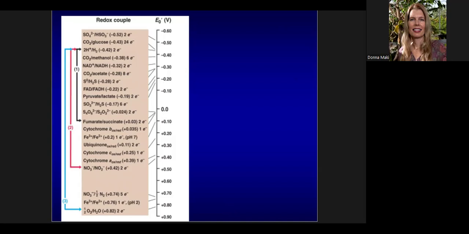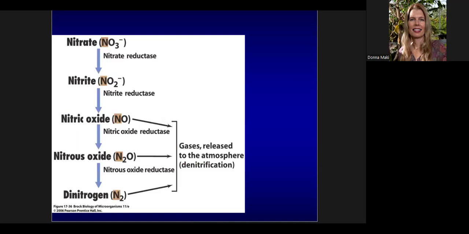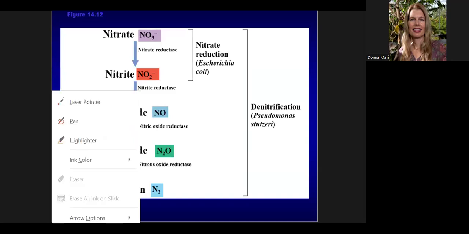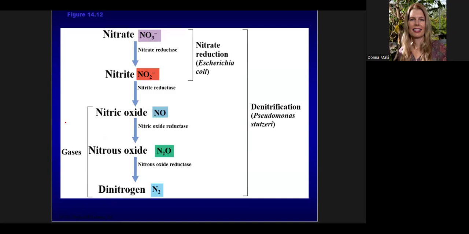And so then we looked at how microbes can take nitrate and put it at the end of an electron transport chain. If they use that as a terminal electron acceptor, it goes to nitrite. And then like E. coli should just stop there. That's all it seems capable of doing. But like Pseudomonas can keep running a longer electron transport chain and keep going and going. And so we looked at here. So I wanted to point out that if you go from nitrate, NO3 minus, and then you start cooking